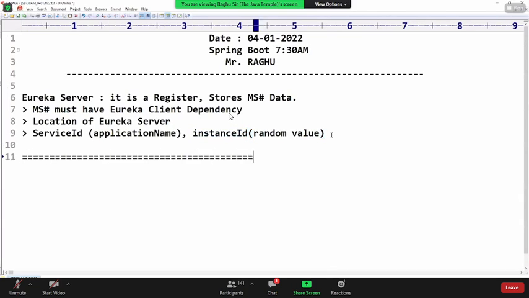Observe, there is a concept called intra-communication.